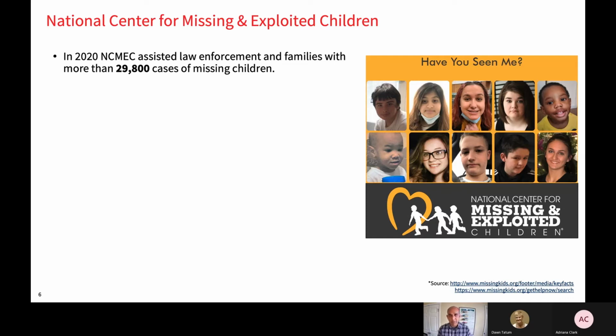Now, the ADAM program run by LexisNexis dates back to, I think, close to the 2005 timeframe, so it's been around for a long time. We have been helping NCMEC, the organization that tracks missing children and helps their recovery, for that duration.